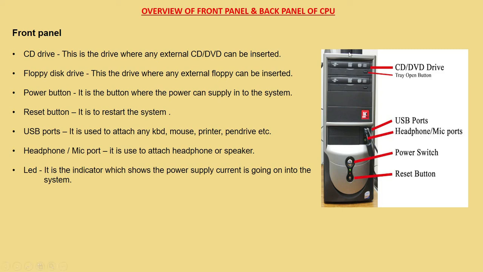And now on this front panel, 4 slots are there, where we are able to install 4 CD drives, or we may insert the 5.25 inch floppy disk also. Now here 2 slots are there. This one is for your 3.5 inch floppy disk drive. And here some USB ports are there, where you are able to attach the keyboard, mouse, etc.